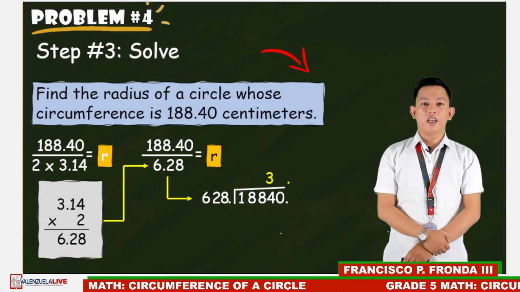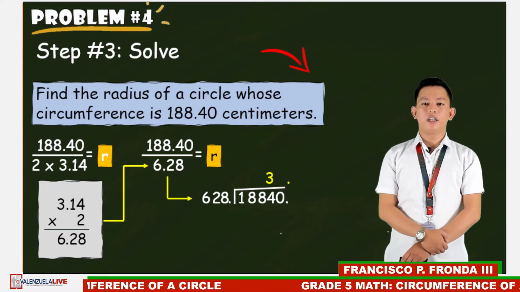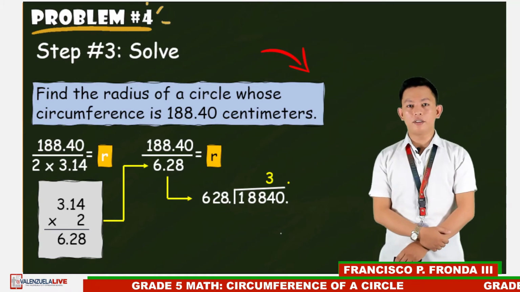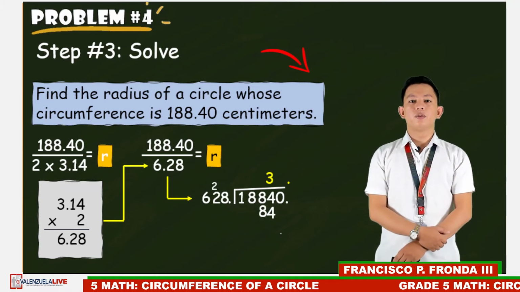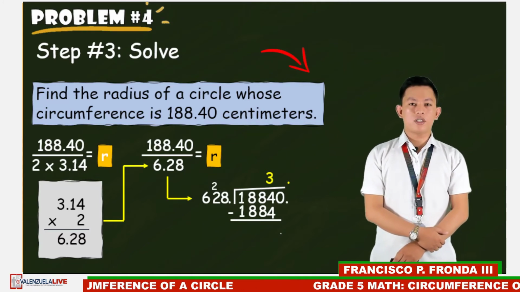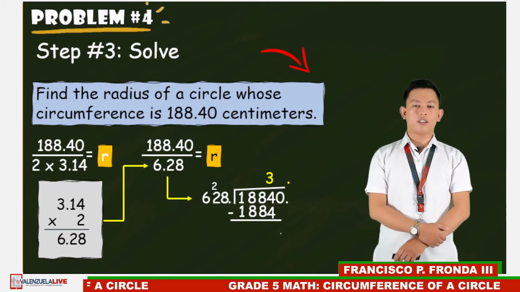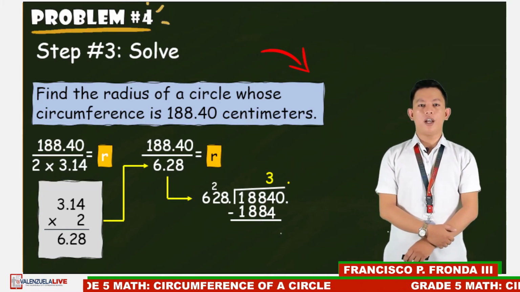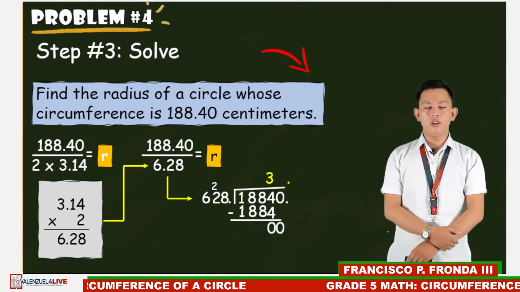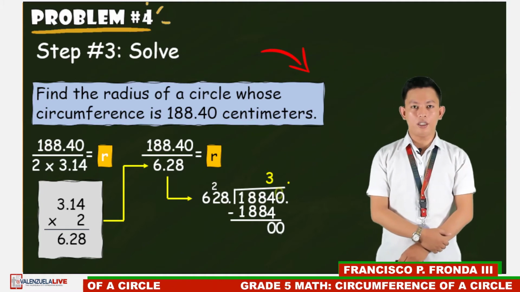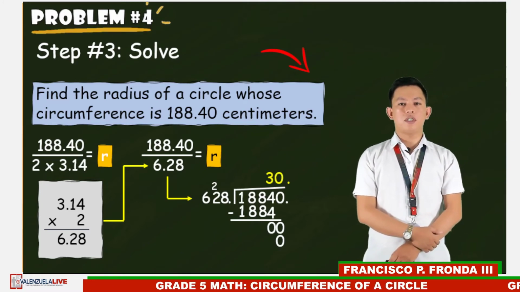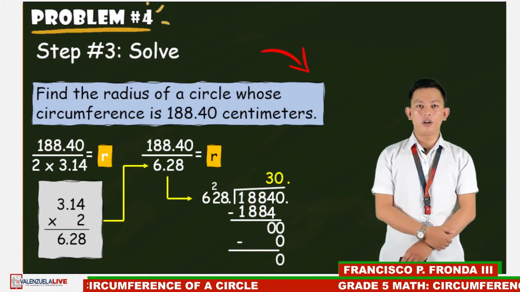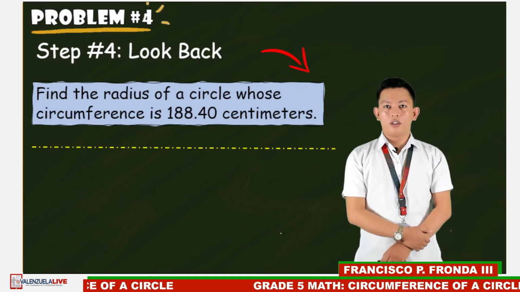So, 1,884 divided by 628 is equal to 3. Then, 3 times 628, the answer is 1,884. Then, subtract 1,884 minus 1,884. The answer is 0. Then, bring down 0. 0 divided by 628, the answer is 0. Then 0 times 628, the answer is 0. Then 0 minus 0, the answer is 0. Therefore, grade 5 learners, the answer is